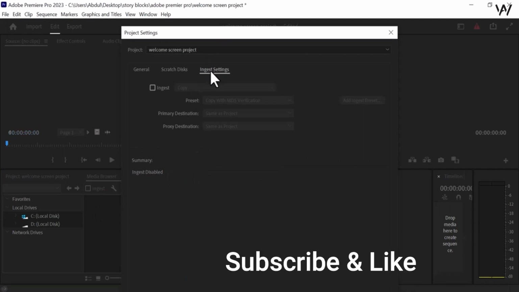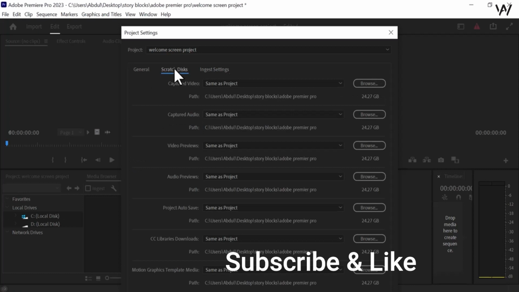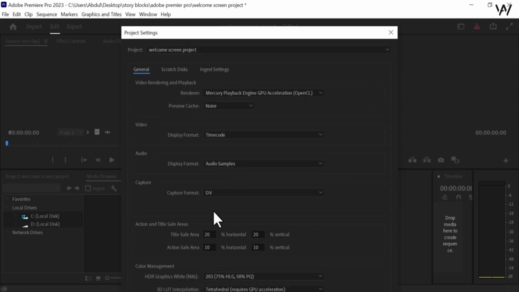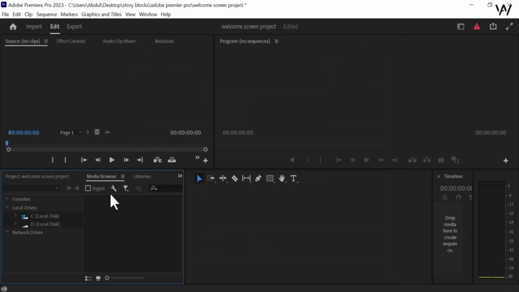If you want to set your sequence from here, look at this point and look at the general settings. If you want to set your sequence, you can set it from here. It helps you to quickly create a sequence and create things you want to create. This is a search bar allowing you to search for specific files based on their names, metadata, or any other